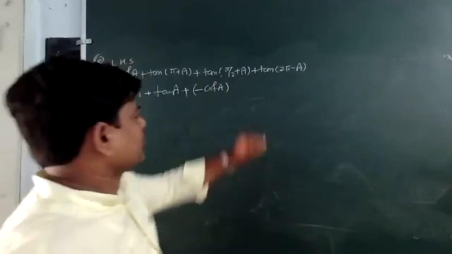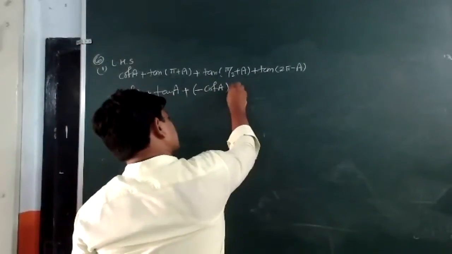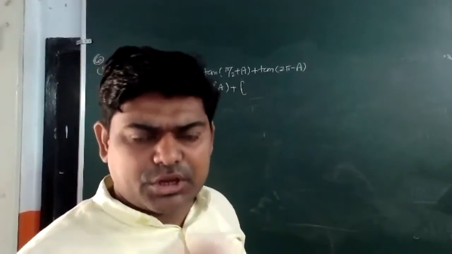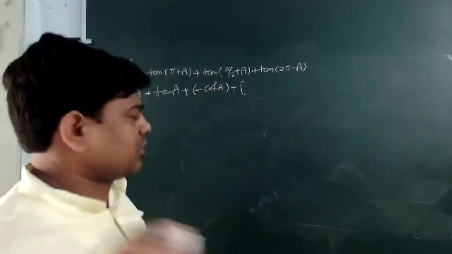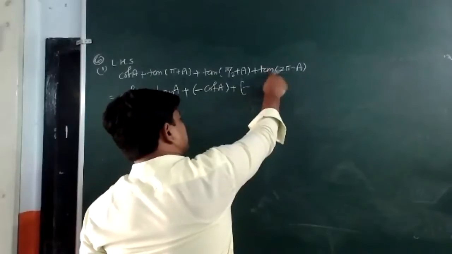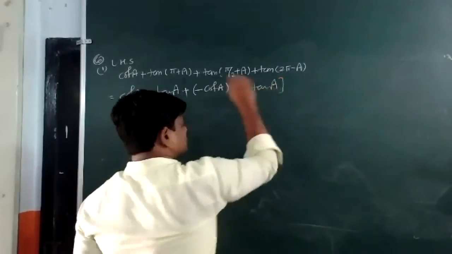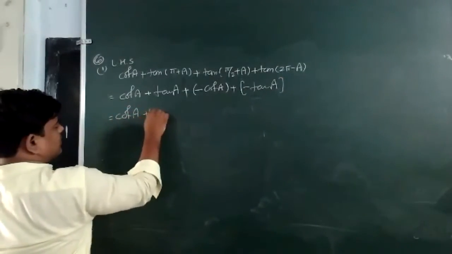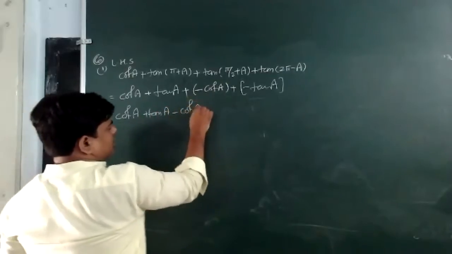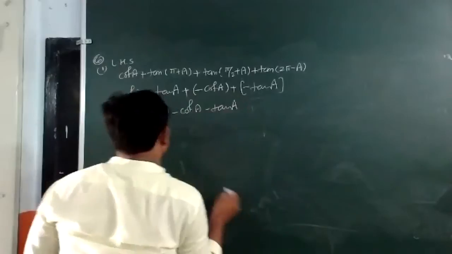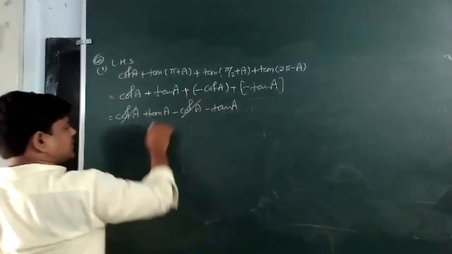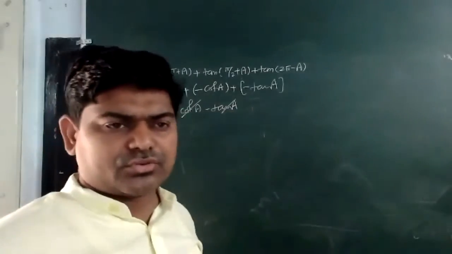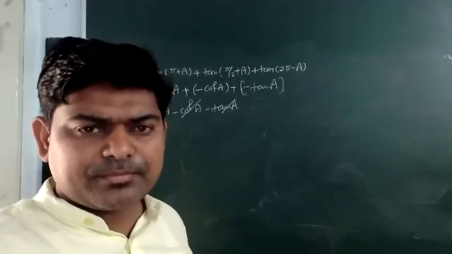Yes. Now here also you can see plus, I am adding tan (2 pi minus A). 2 pi minus A means the fourth quadrant. In the fourth quadrant, tan is negative. The result will come with a negative sign. With 2 pi, tan will remain tan. It is minus tan A. Now you can see I am adding here cot A plus tan A minus cot A and minus tan A. Now tell me, cot A and cot A can be cancelled. Tan A and tan A can be cancelled. The result will be 0 or not? Say yes or no. The result is 0.